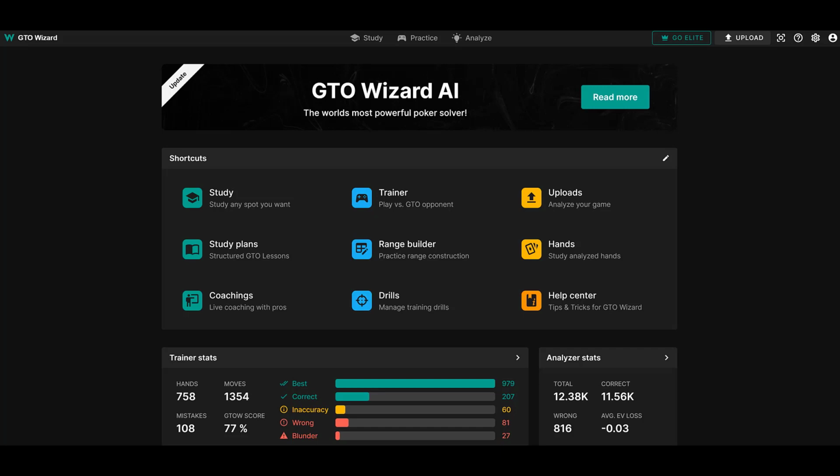They've introduced a new feature to the Wizard, and it's called GTO Wizard AI, and they're claiming it's the world's most powerful poker solver, and I am in no position to doubt them, and you probably won't either after what I'm about to show you. So if you're familiar with the interface of GTO Wizard and you already have a subscription, or even if you have a free one,